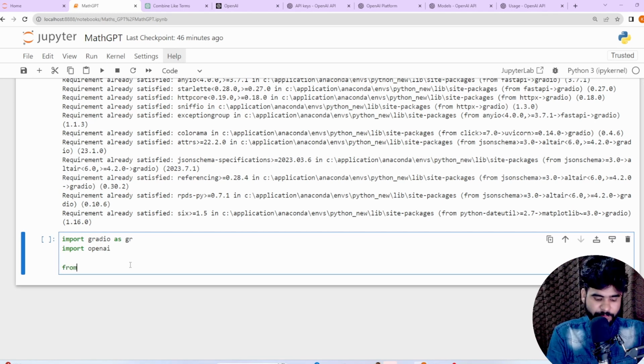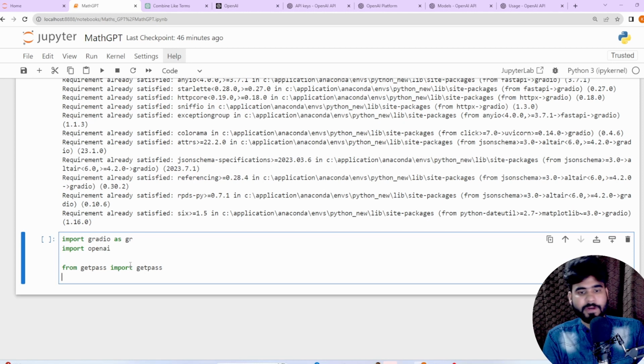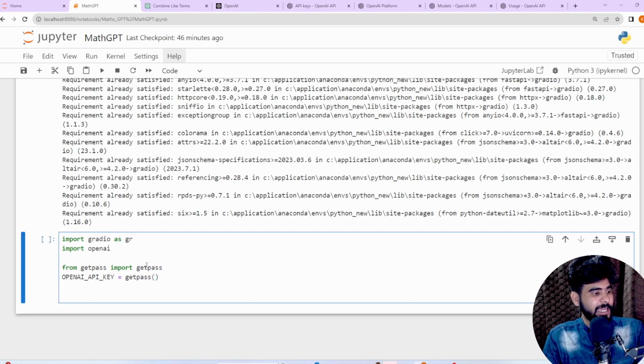So from getpass we import the getpass function, and then we create one variable called OpenAI API key and pass the getpass function to it. Let me run this.